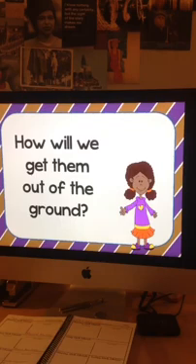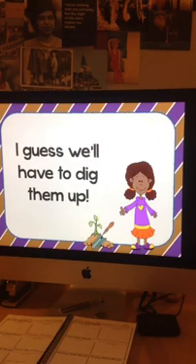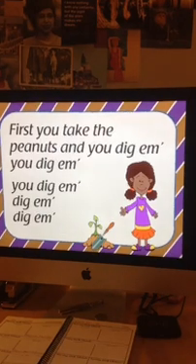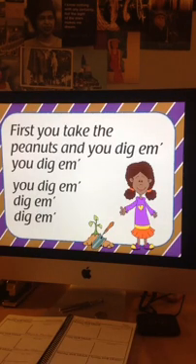It depends on how much time we have, how much we go through and actually talk about all of this. But usually I try to hit most of these critical thinking questions. So I say, I guess we'll have to dig them up. And so the next part of the song goes like this, and it's actually spoken. You say, first,